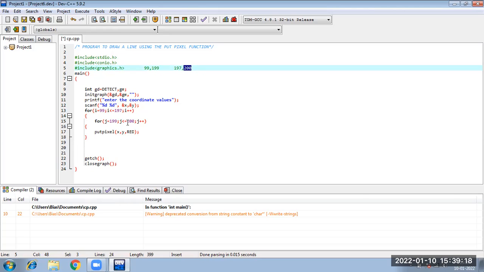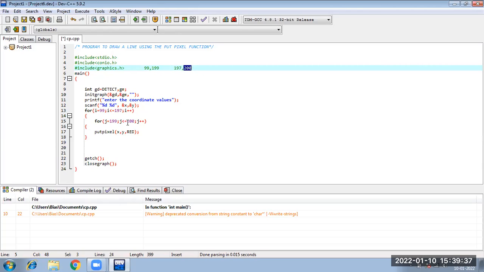And in between these you want to draw your line. Drawing a line means nothing except highlighting all the pixels one by one.